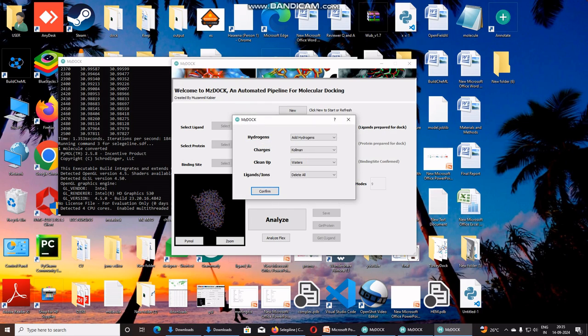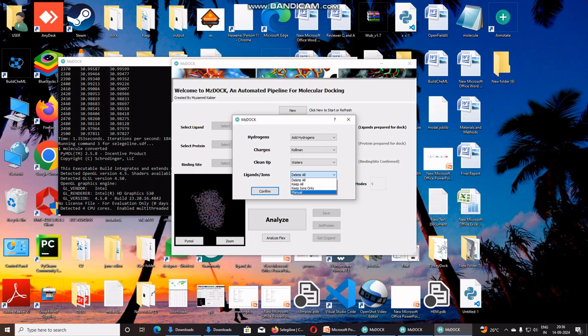And when you click on prepare, there are a lot of options which we can change: charges, which is important. You could browse through the different options like home and as well as guest teacher, and there is an option for cleanup where you can keep the water or delete the water. And the ligand section is where the interesting part is, where we have provided an option to retain cofactors